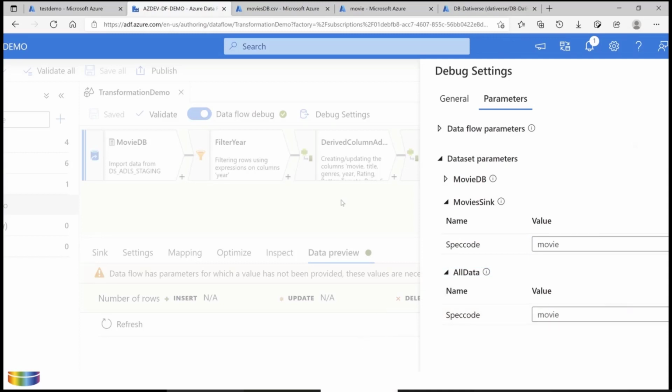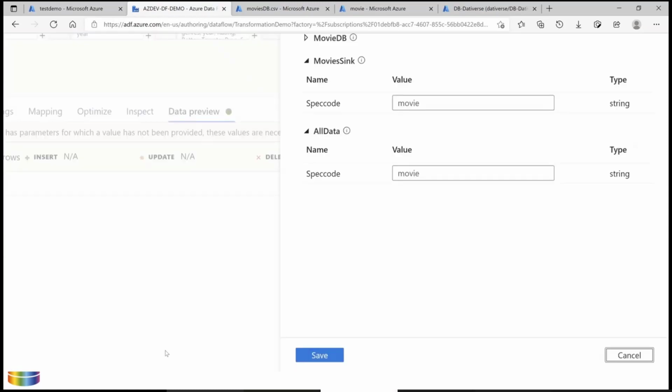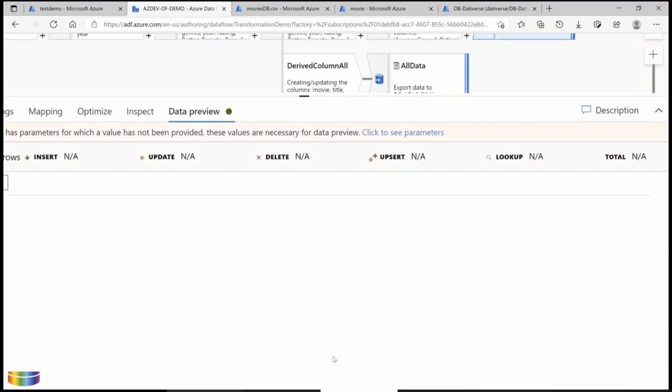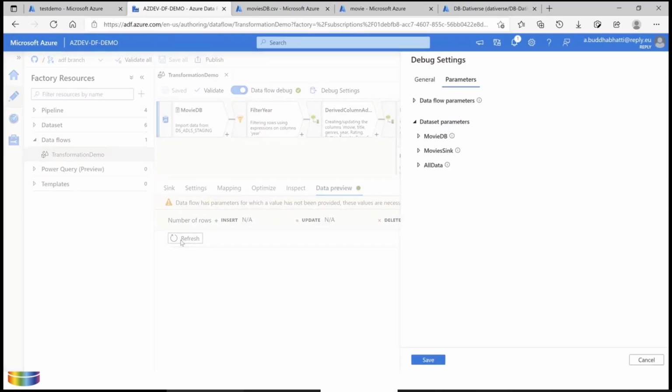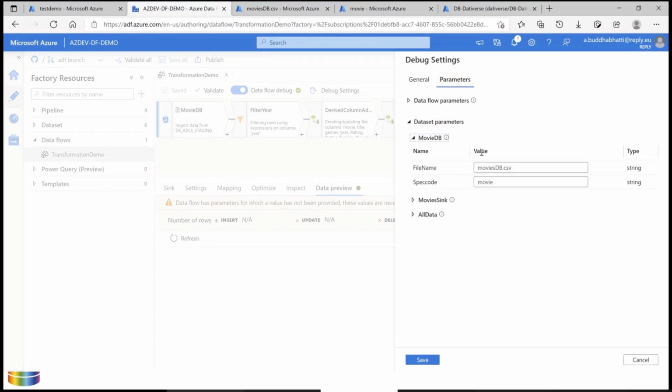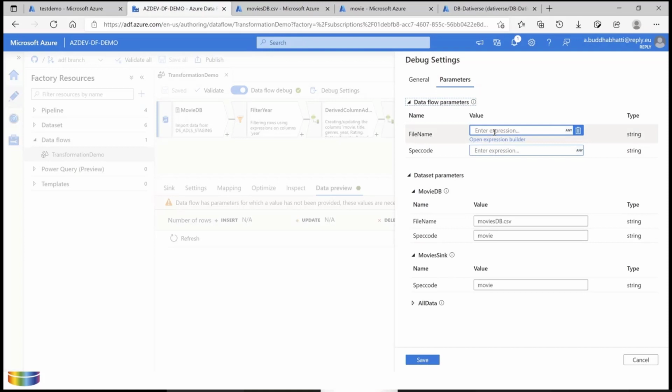So after that, you can see preview as well. Save, and you can refresh here. Oh, I forgot, there is one more.